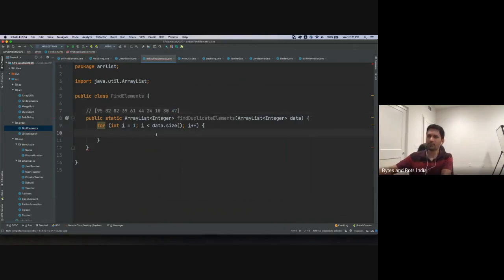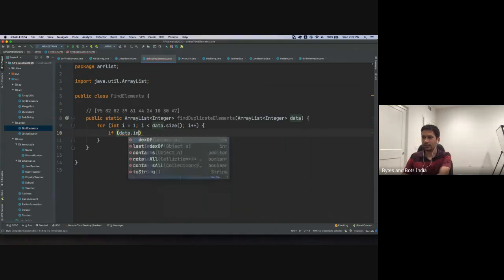We'll take both ways, starting from the 0th index and from 1, and we'll see which one is easier. This is my way, I prefer this one. So we know the repeating elements are always going to be adjacent to each other. So if the data at index